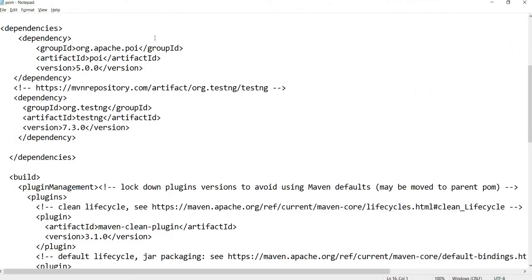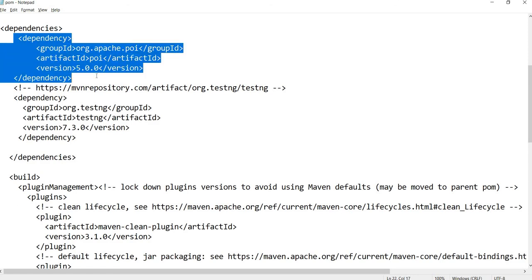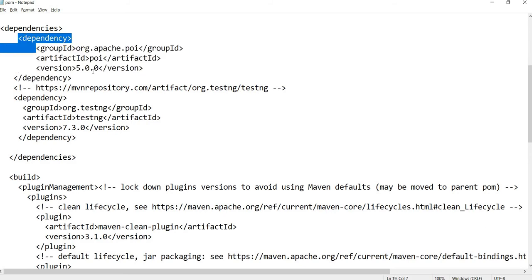Maven first downloads the required dependencies. Otherwise, unless those dependencies are downloaded and added to the class path of your project, Maven cannot go ahead with the compilation. We will get the error cannot find symbol in the compilation. So Maven first downloads the dependencies.